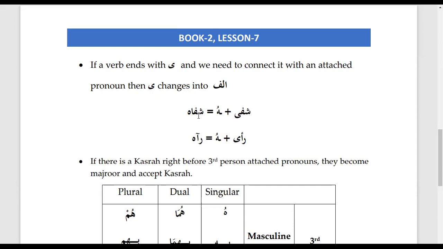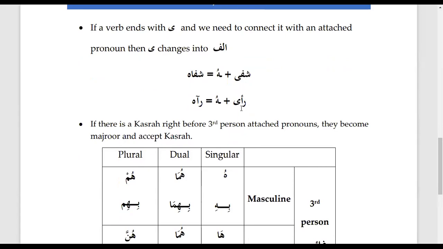Shafahullahu, may Allah cure him. And inshallah we will discuss it in the lesson. Similarly, ra'a plus hu changes into ra'ahu. Now what happened here? After ra, we have hamza, right? And we have discussed that ya also changes into hamza, or it changes into alif. So when the first hamza is mutaharrik, meaning it has fatha, and after that we have alif, it will change into what do we call that? Standing fatha or mad.